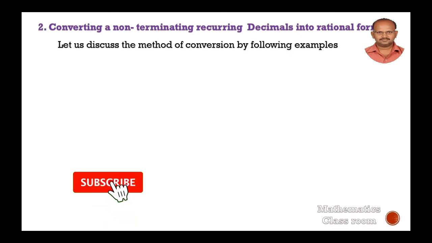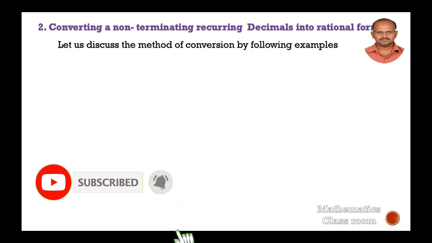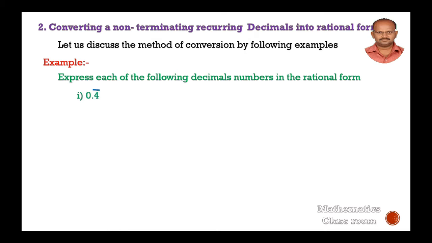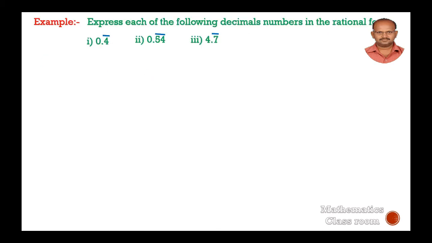Converting a non-terminating recurring decimal into rational form. Let us discuss the method of conversion by the following examples. Express each of the following decimal numbers in rational form, that is p by q form. First one 0.4 bar on 4, second 0.54 bar on 54, third one is 4.7 bar on 7. First question solution is,